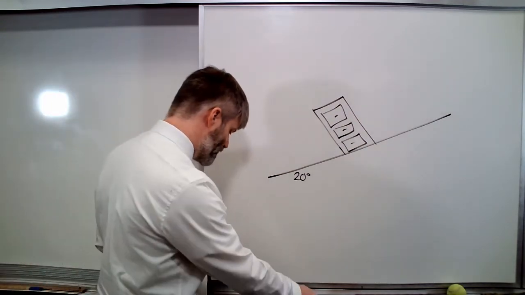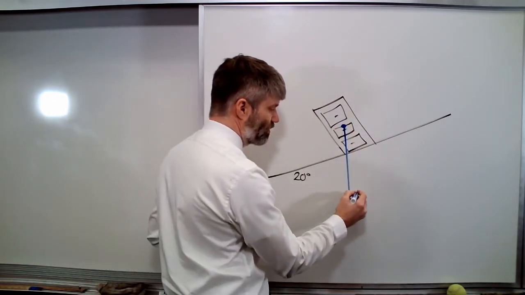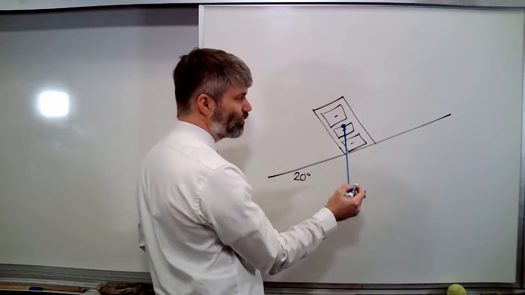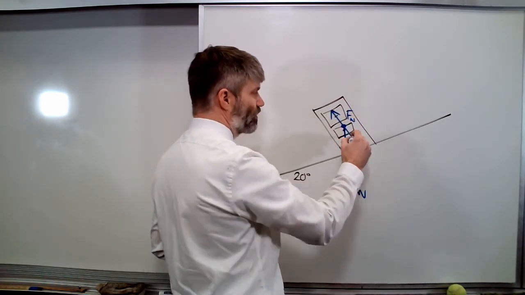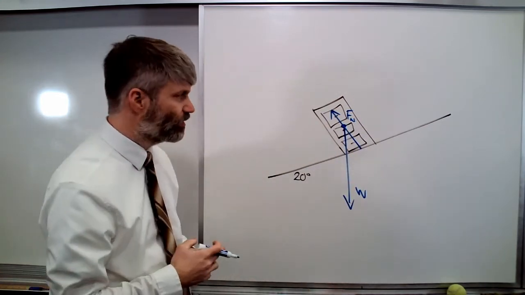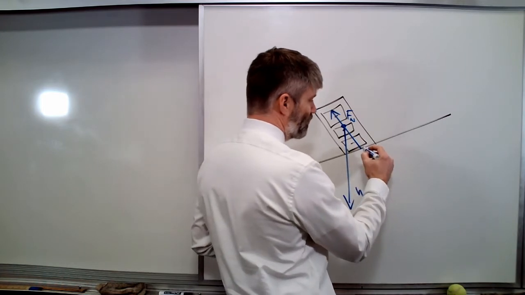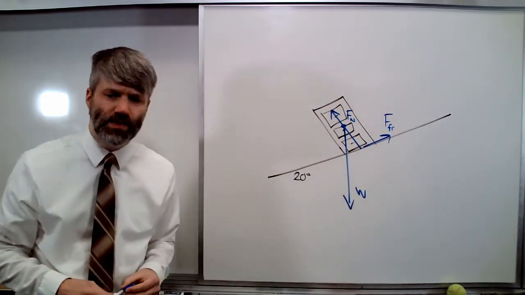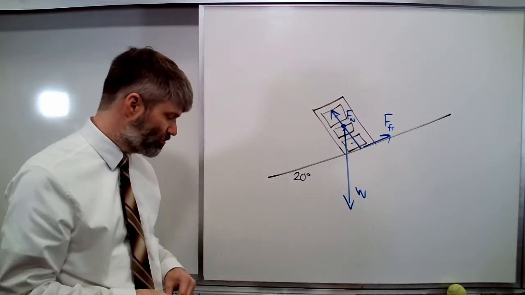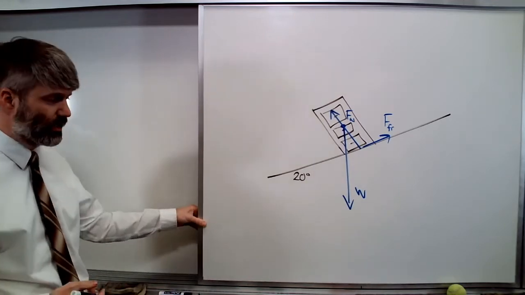Well, we know we've got the weight of the object straight downwards. We know we've got the normal force of the object at a 20-degree angle from the vertical. And then we've also got a force of friction. All right. So, very nice force diagram, but not so useful as a free body diagram. So let's draw the free body diagram,